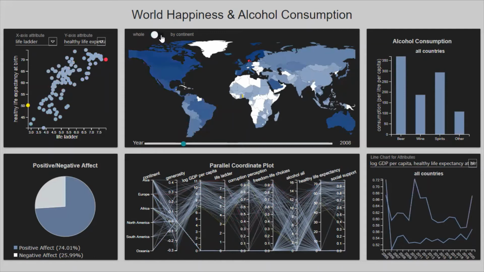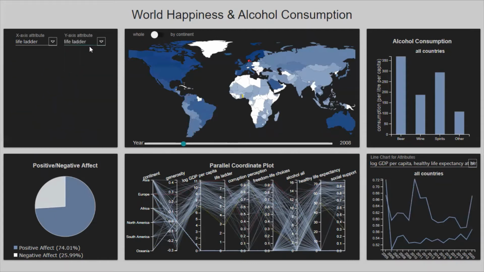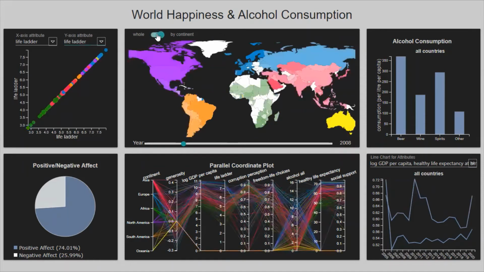So we made three hypotheses which we thought would be interesting to know. The first hypothesis was that the countries in the same continent will have similar ladder or happiness scores. We found that this hypothesis corresponds to reality by looking at this scatter plot. So let's choose y-axis as life ladder score as well, and enable this continent-wise coloring.